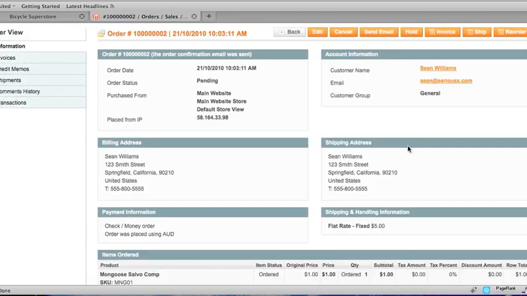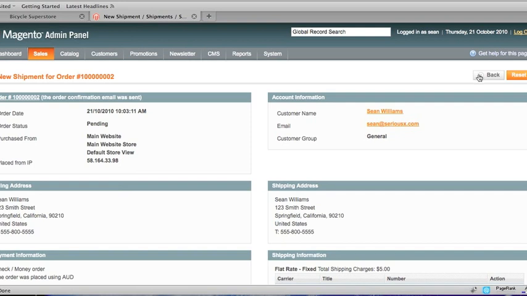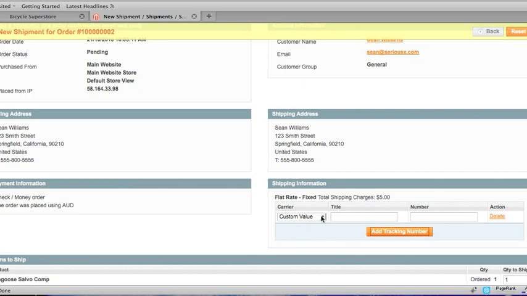Okay, now let's just say that we're ready to ship this order. You can click on Ship. Now, it's a good idea to use some of these features in Magento because you can keep your customers informed as to the status of their order with a flick of a switch, and it also allows you to keep relevant tracking information with the courier company, etc. in Magento, so that it's visible to any staff member that needs to query a product which has been sent through a freight company. You do that by adding a tracking number here in Magento and selecting the